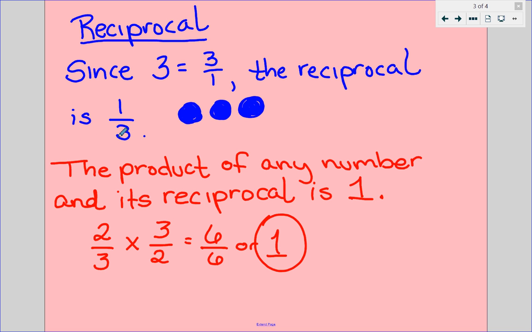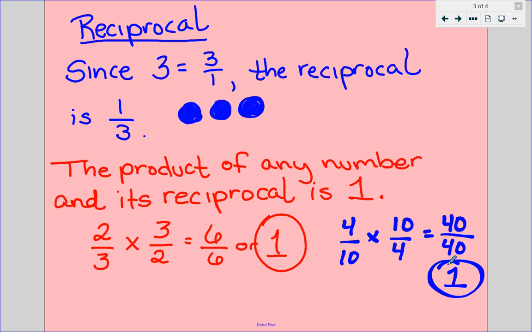Now, the product of any number and its reciprocal is always 1. If you look at this example here, 2/3 times 3/2 equals 6/6, or 1. If I had 4/10 times 10/4, 4 times 10 is 40, 10 times 4 is 40, and 40/40 is the same as 1. So anytime you have a fraction times its reciprocal, your answer is always going to be 1, no matter what